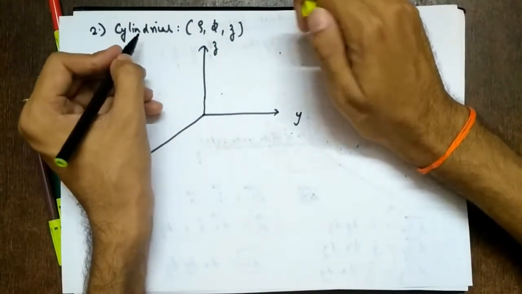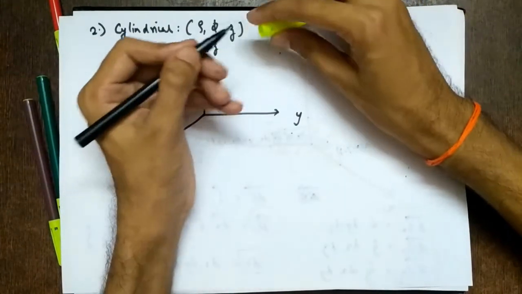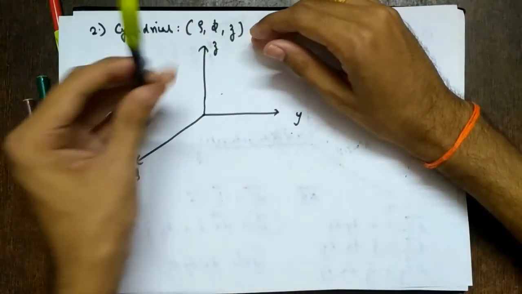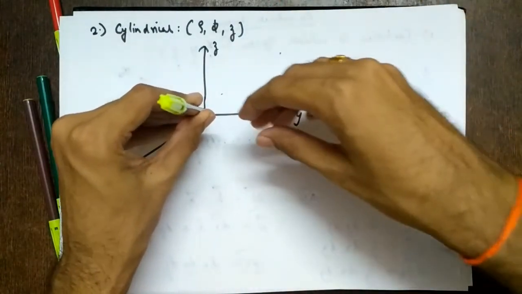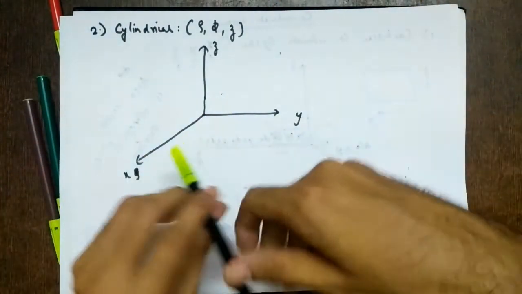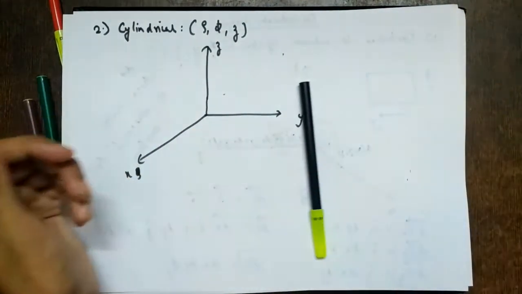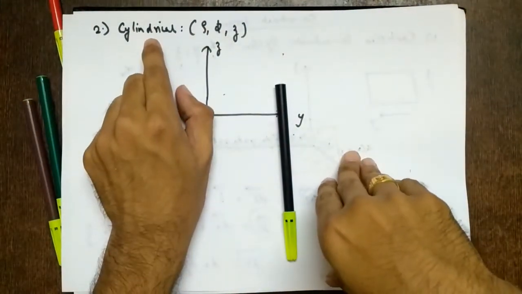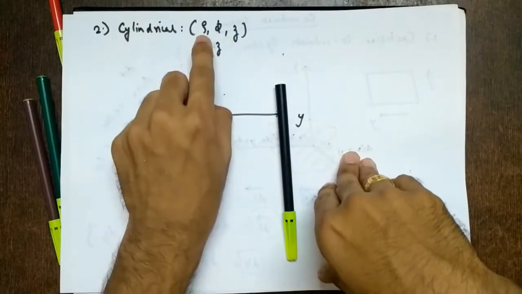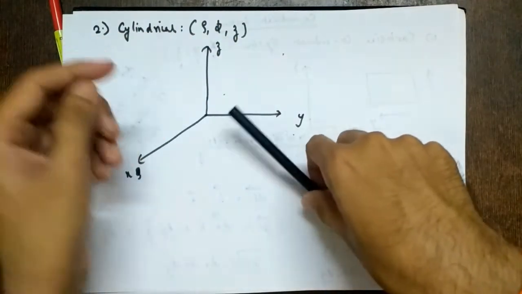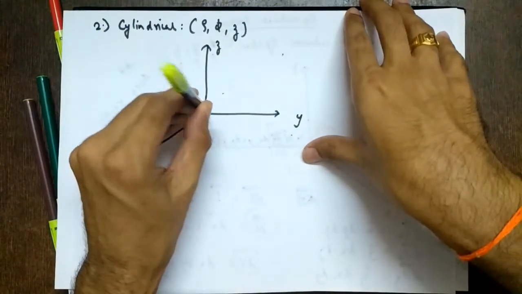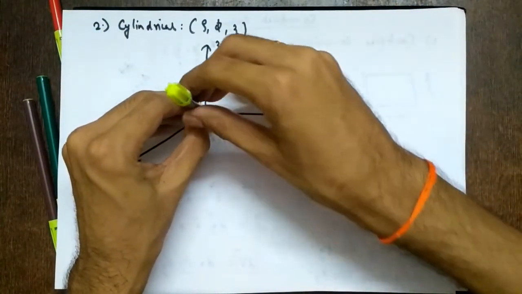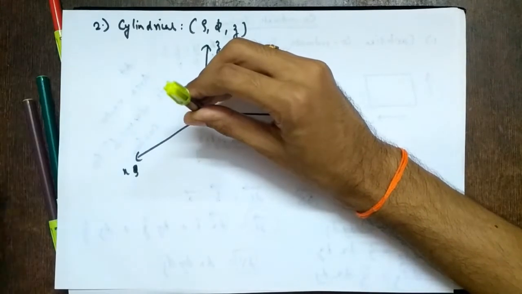So cylindrical coordinate system means what? These three coordinates together produce a cylinder. Let's take a radius first, because the cylinder will always have a radius. What does cylindrical coordinate system mean? It should trace a cylinder. These three coordinates should trace a cylinder. Okay. So let's say this is yz and x is coming out of the paper, that is towards the camera. Fine.